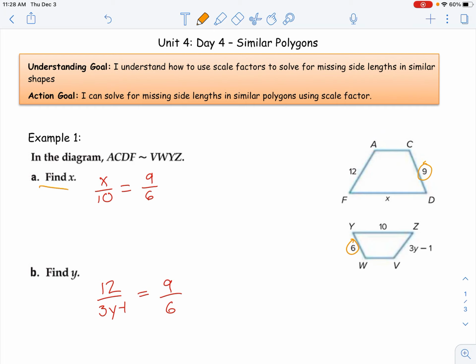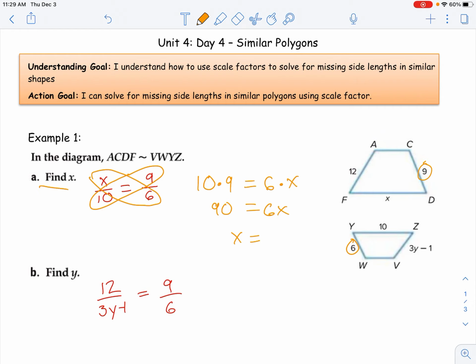Then it's just up to me to solve this for x. Here's how I like to do that. I like to cross multiply and divide. So the 10 and the 9 will be multiplied, and the 6 and the x will be multiplied. This is called cross multiplication. So what we get is 90 equals 6x. That must mean x equals,